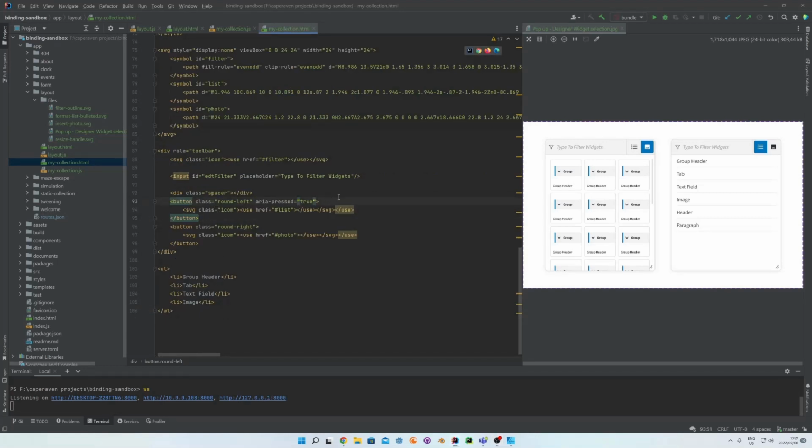So to start off with, we need to actually give these buttons IDs because we're going to need that for testability. So let's just do that quick. So we'll say this is ID equals btn list for button, and in this case this is ID equals btn grid. And now when I click on this button, I want to set that binding property. So I can say click.setValue,